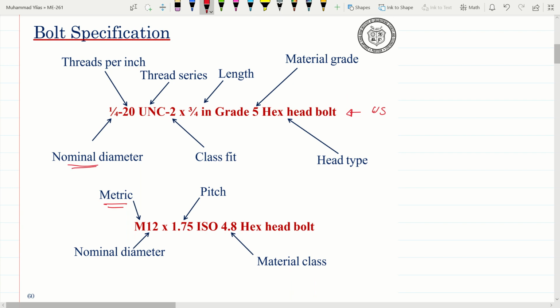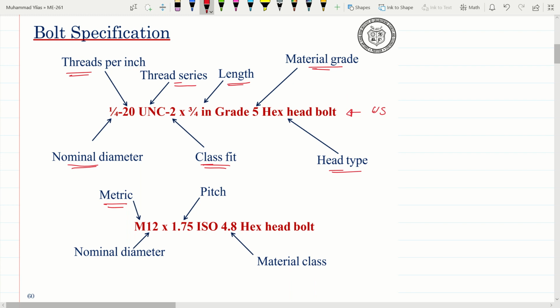Nominal diameter, threads per inch, then thread series, whether coarse or fine thread is being considered, then class or fit, which is based on the tolerances, then the length of the bolt, which may be required to determine the stiffness of the bolt, then material grade, which will give you the tensile strength or the proof strength,